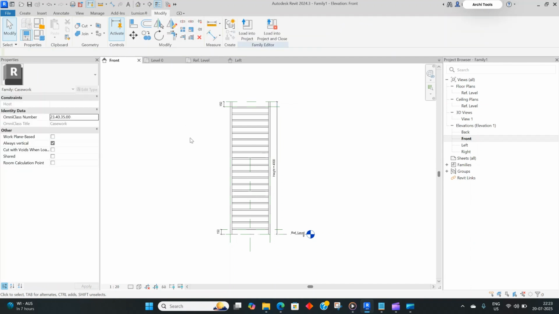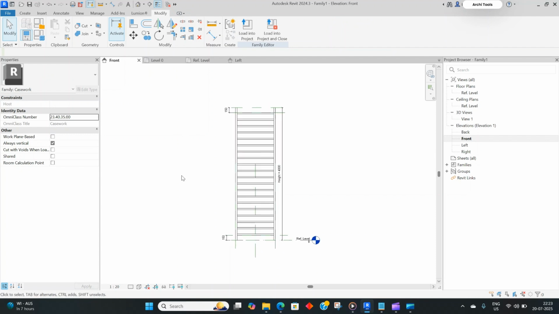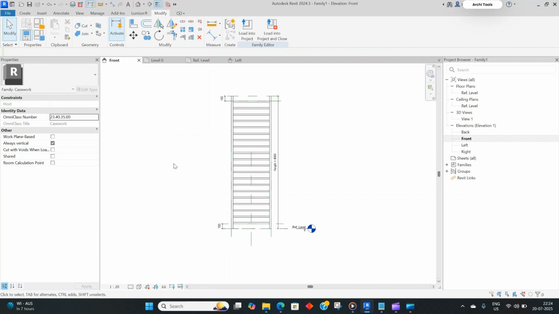So this is the beauty of array parameter, which you can use in making various families, like for the balusters and any item which is repetitive, for making nested families. I hope this video is clear to all of you, and it will be helpful in making your typical families